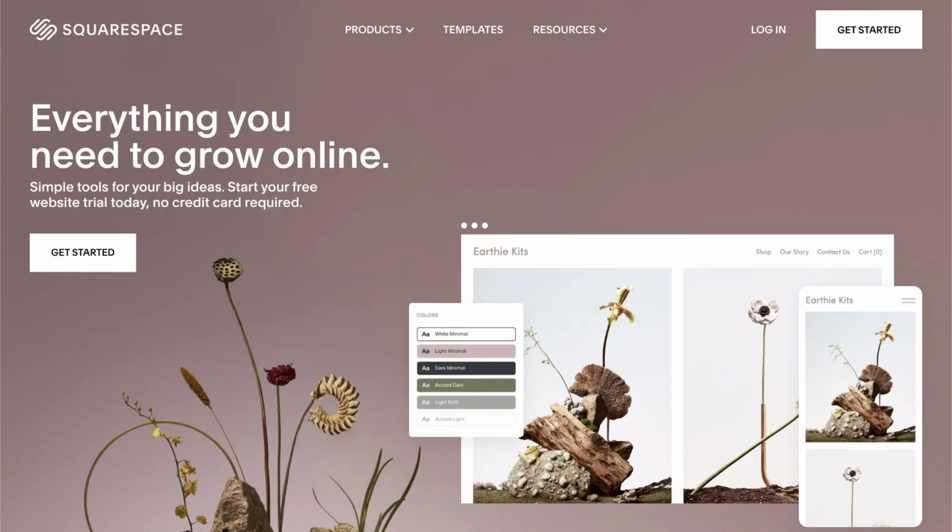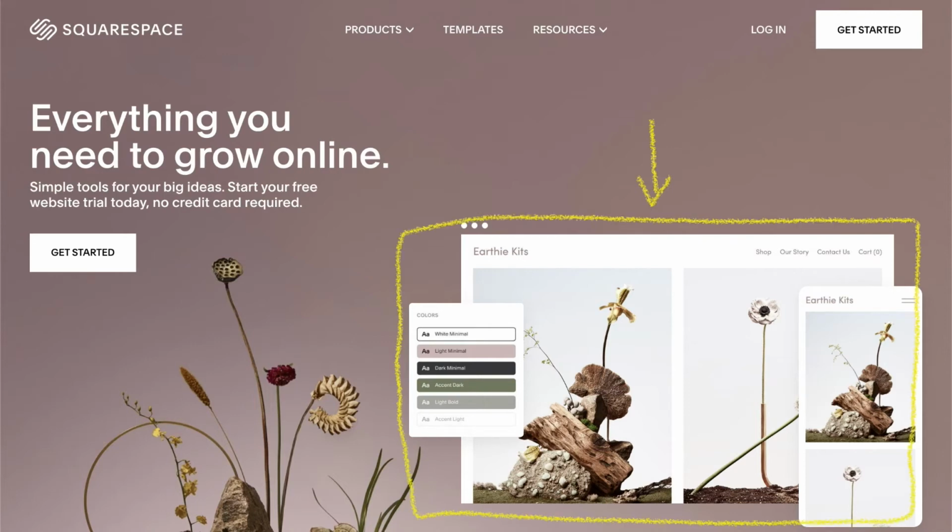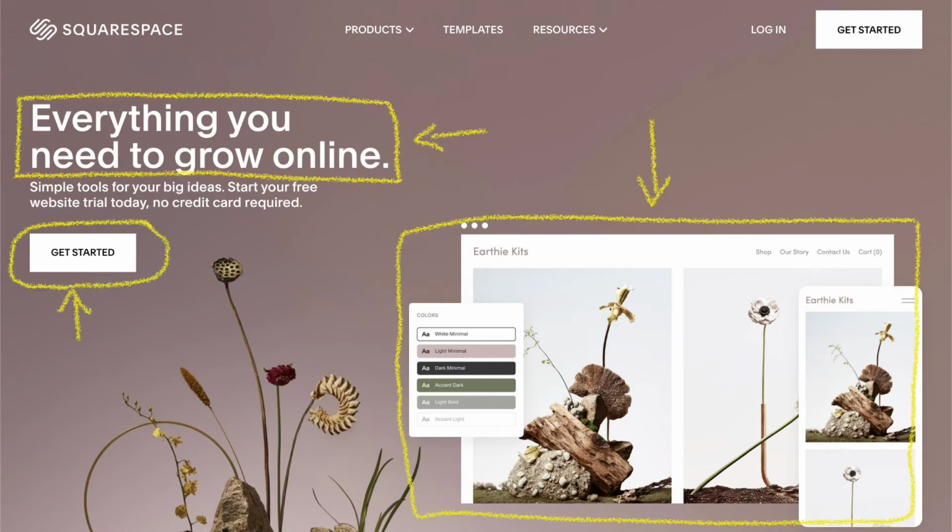This is Squarespace's homepage. Now for this one, it's actually a little bit of a tie as to what the main hierarchy is. It's split between this image of the Squarespace software mocked up on a desktop and mobile interface, and also the main headline, "Everything you need to grow online." Together, these give you an idea of what Squarespace is. The headline on its own would be a little bit too broad, but when you pair it with the design software capabilities of Squarespace, you have a better idea that this is a tool to design and create your own website. And of course, also a clear call to action with the Get Started button.